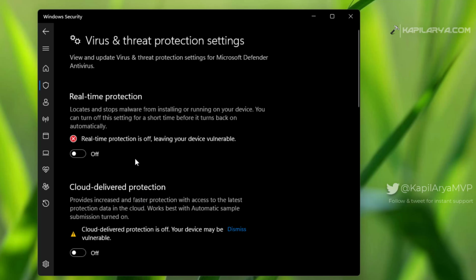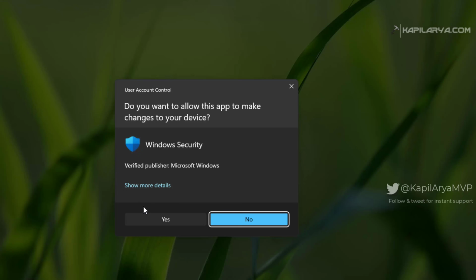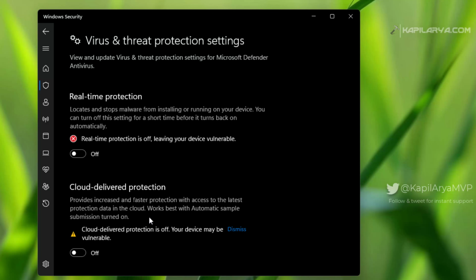If I go to virus and threat protection settings, you can see that the real-time protection is turned off, and if I try to turn it on, you can see that the option gets turned off automatically, and same happens with the cloud delivered protection. So in this case I am not able to turn on the real-time protection in Windows Security app, and in this way the device is vulnerable and the Windows Security is not protecting the device. So how to fix this problem we will see in this video.